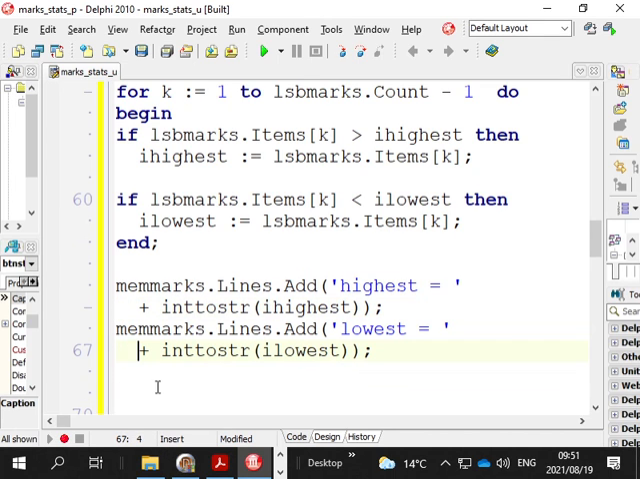Now I'm not going to run the program because I know it's right, because we have to get moving on to the next one. But I'll give you a minute to type that in, and I will